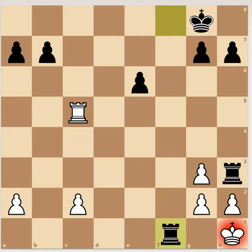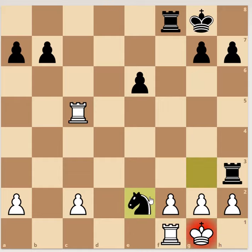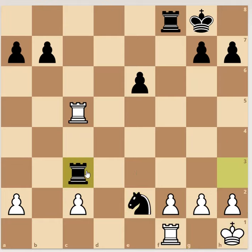Of course, here white does have one option. Instead of killing with the f pawn, the king can come back to g1, which can delay the mate a little longer, where here black has the option to kill the rook or simply give the check, force it to h1, and then exchange the rooks and win the endgame. So